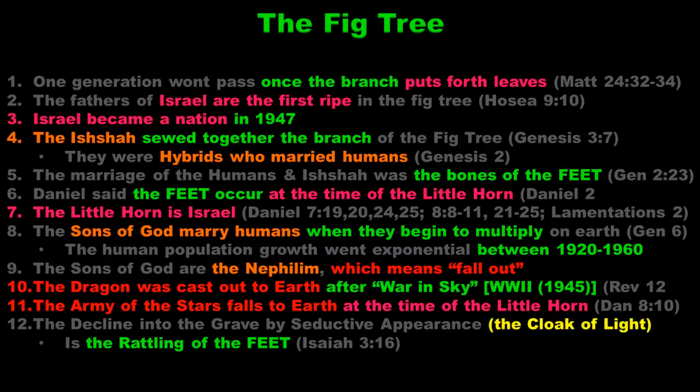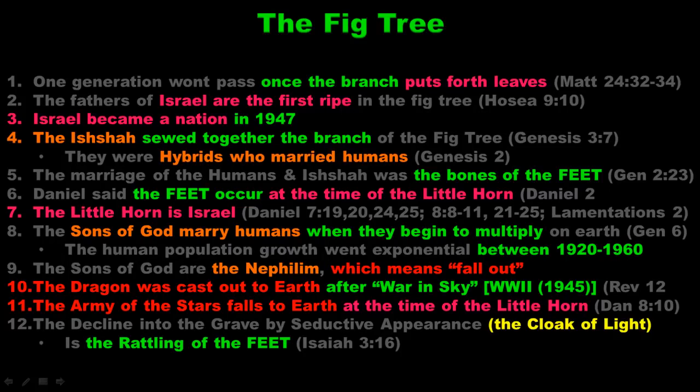In Hosea 9, we're told the first ripe in the fig tree are the fathers of Israel. And Israel became a recognized world nation in 1947. That's common knowledge. Many have recognized that the emergence of Israel may be what Jesus referred to when he mentioned the branch of the fig tree putting forth leaves. If that's true, and Jesus was referring to 1947 when he said the branch of the fig tree will put forth leaves at that time,